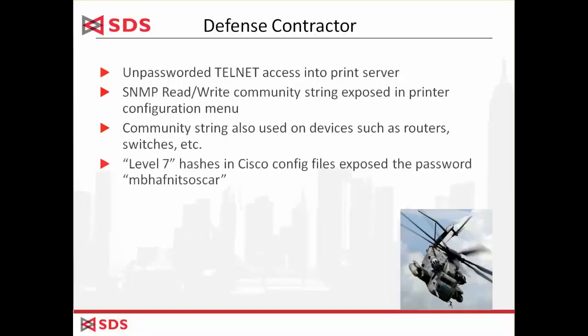Well, one of the things you can do with those read-write community strings is actually pull down configuration files from devices. So we pulled down configuration files from some of their core Cisco equipment and found that accounts had been set up locally to those Cisco devices and were actually protected in the config file with what's called a level 7 hash. This is a reversible hash that allows you to immediately recover the plain text password. And in this case, it was